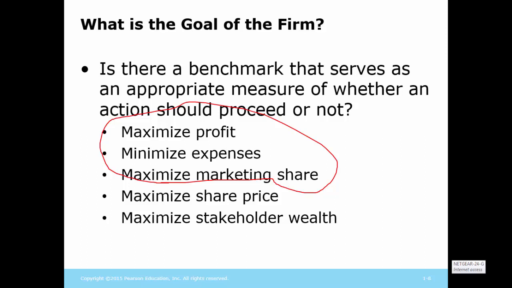goals. But we want to talk about what it is that the owners of a company really want. The owners of a company want to become wealthier. They want you to increase the stock price so they increase the wealth or the value of their portfolios. So the share price is the goal of a financial manager.